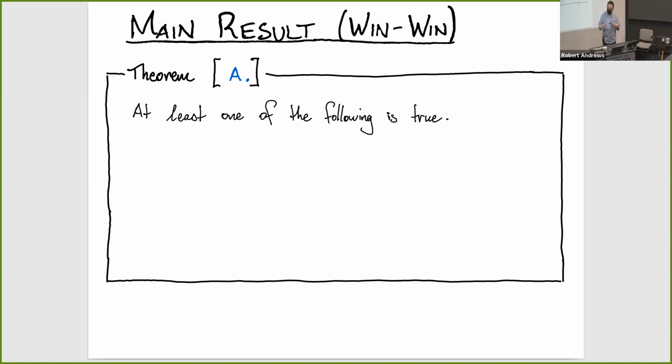And I first want to tell you this result as a sort of win-win kind of theorem. Okay, so we have two options, at least one of them is going to be true. First is maybe omega is 2. And if omega is 2, we've done a great job. We have these really fast algorithms, we can all pack up and go home for the day. If omega is not 2,